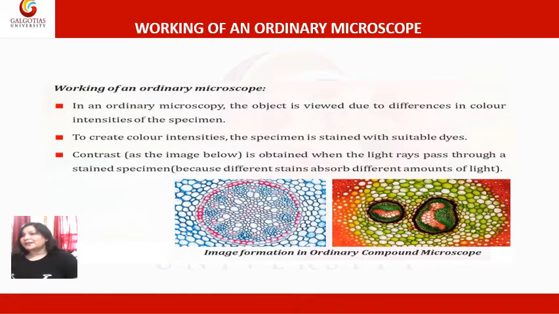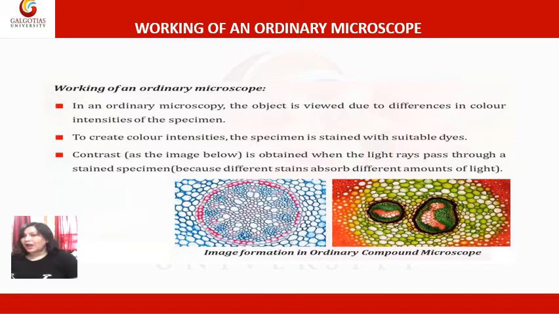The dye creates the contrast in the color intensities of the different subcellular components based on the intensity and concentration of particular type, and works on the principle of UV visible spectroscopy, which is Beer's law or Lambert-Beer's law. I hope that you all remember the Beer's law and the Lambert-Beer's law that we have already learned in our module 2. Now, on the basis of contrast developed, we can visualize the specimen under the compound microscope.